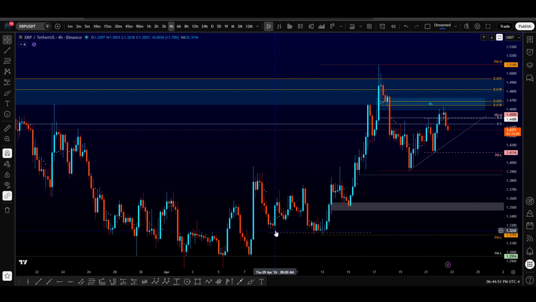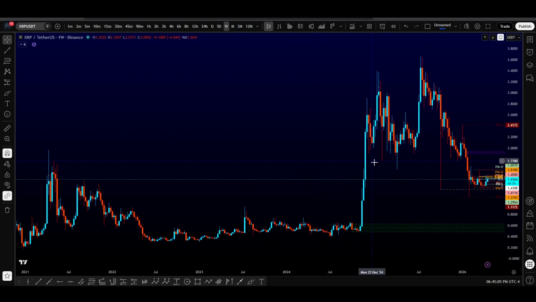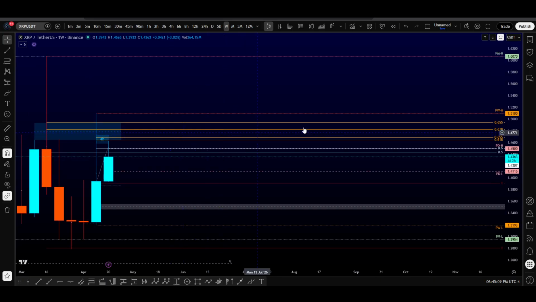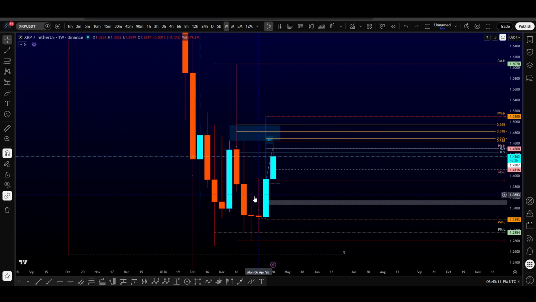I do like the 4 hour because it just shows a lot of the data that you might miss when looking at a 1 hour or 30-minute. Even with what you might miss looking at the daily, right? Daily and weekly charts, the good thing about them is that they do give you an overall picture, right? So looking at the weekly chart, we can see we had a